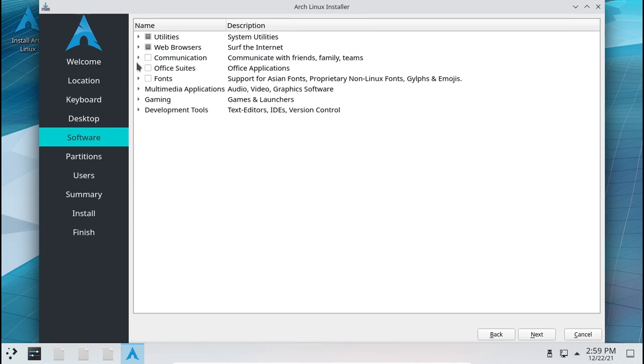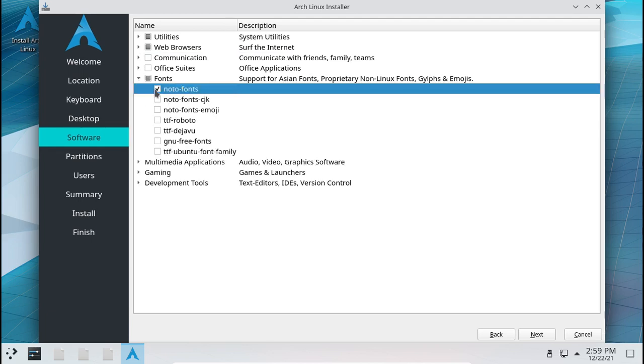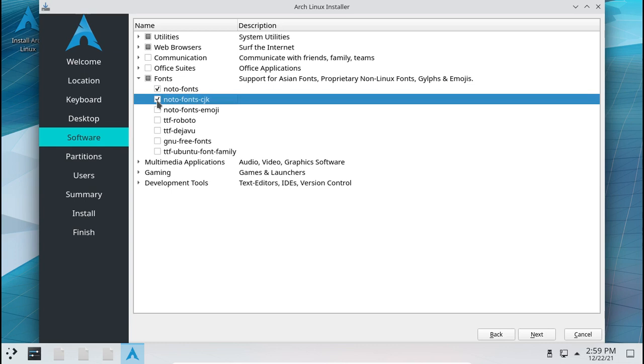And so you can just go ahead and explore. So you have your fonts. If you want to have Chinese, Japanese and Korean fonts, you can select this one also. So if you're watching anime or stuff like that, you would want to make sure you have this selected as well. You have your Roboto fonts, which are like your Calibri fonts in your Office suite. And then you have all of these things.